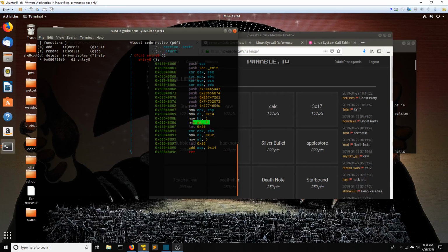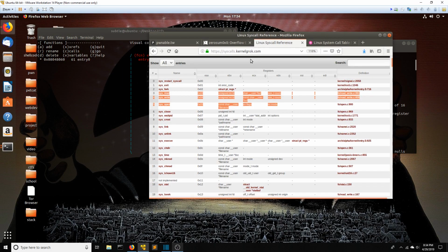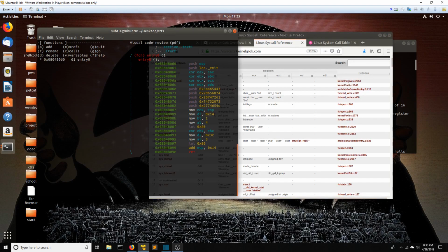Then they set up the write syscall, which if you look at the 32-bit syscall table, number 4 is sys_write. So in EAX you put hex 4. In EBX you put the file descriptor. ECX you put a pointer. And then EDX is the size, or the number of bytes. So hex 14 for the size, 1 for standard output, 4 for the syscall number, and this pointer here inside ECX